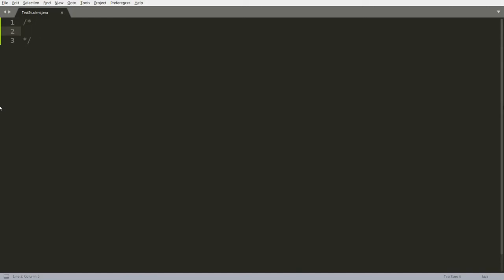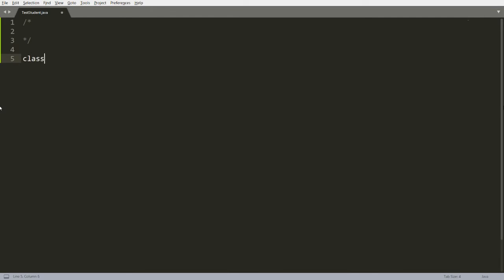Today we will discuss the Object class and some methods of the Object class like toString, hashCode and getClass. So let's first understand what the Object class is. We can say that the Object class is the superclass of every class. Directly or indirectly, each and every class is derived from the Object class.